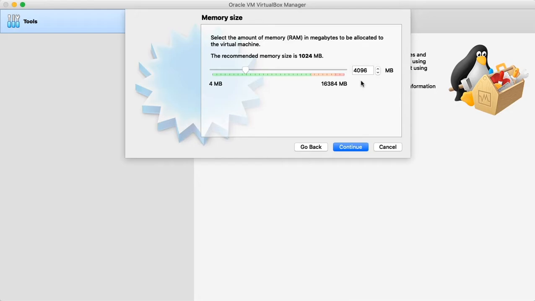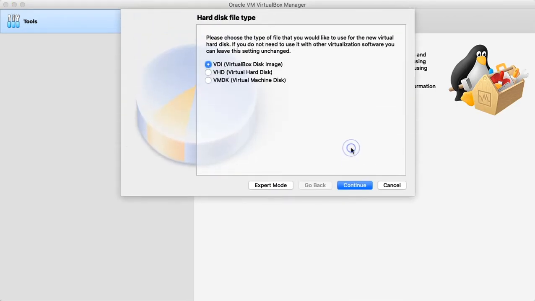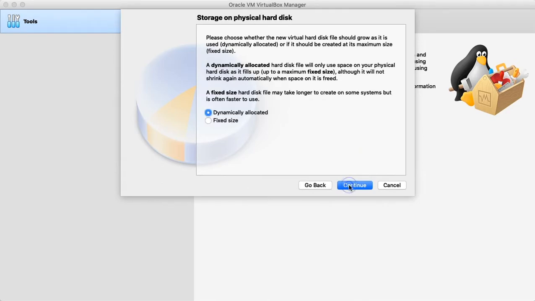So don't go any more than halfway across this slider. And if you have less than 8 gig, I'd put it way down here at the bottom. And then we'll accept all the remaining defaults,